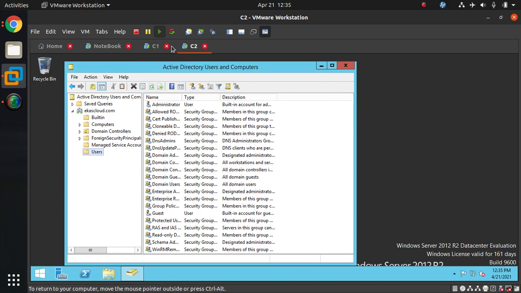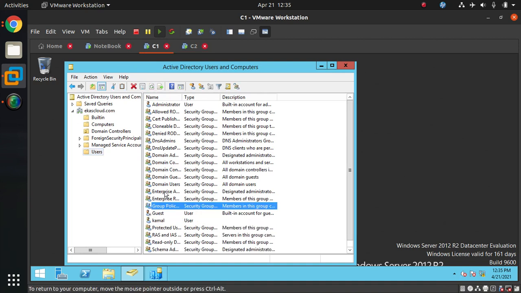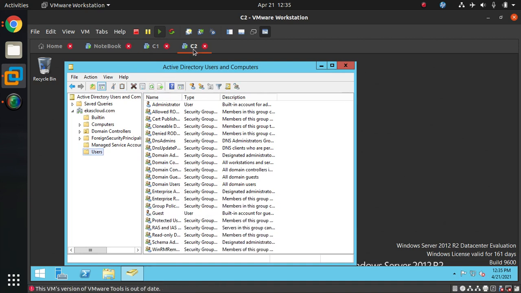See, I am in C1. You see the Kamal user account. I am in C2. That should not be replicated yet.